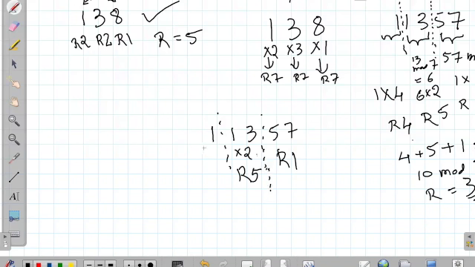Now we have here 10,000, which means 10 to the power of 4. 10 to the power of 4 has remainder 4. Right? Right. So 4 plus 10, and 3 is the remainder. Am I right? Correct. Yeah, got it.